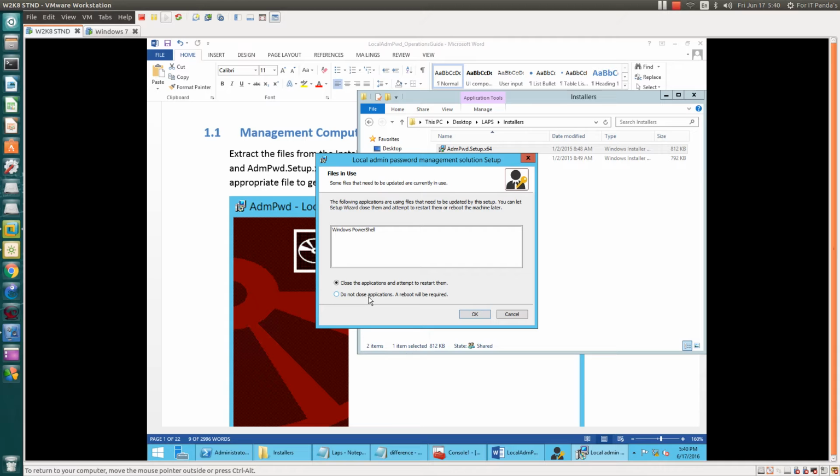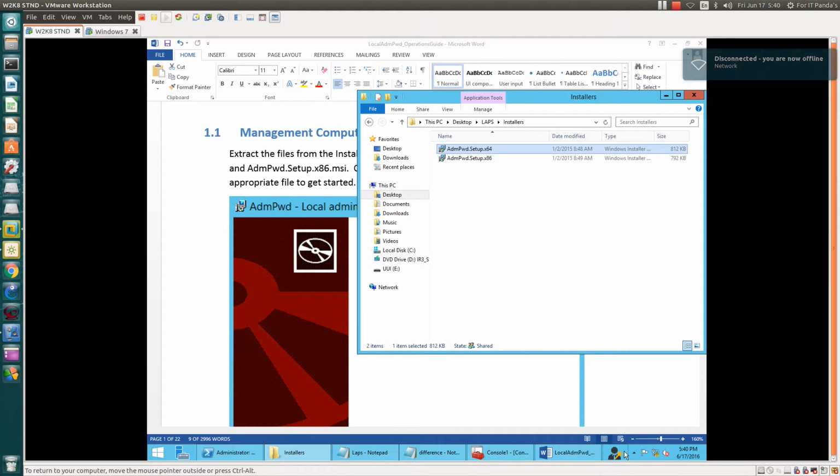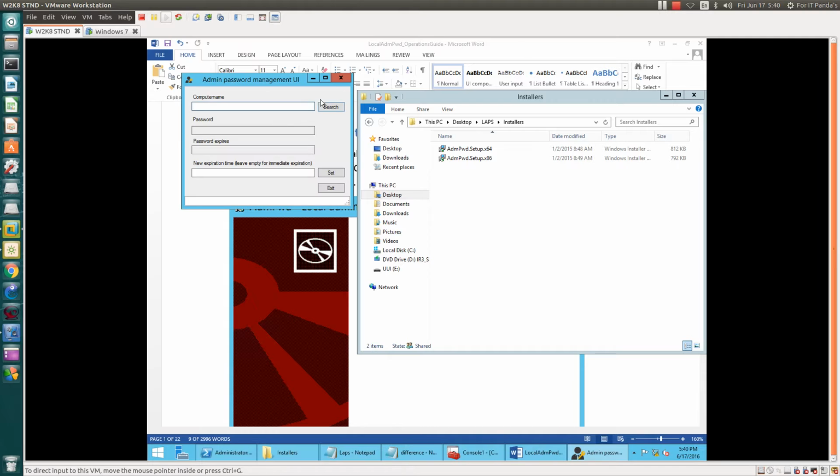It says restarting and so on, no problem. I don't want to remove it because I would have to restart my server again, so let it be as it is.